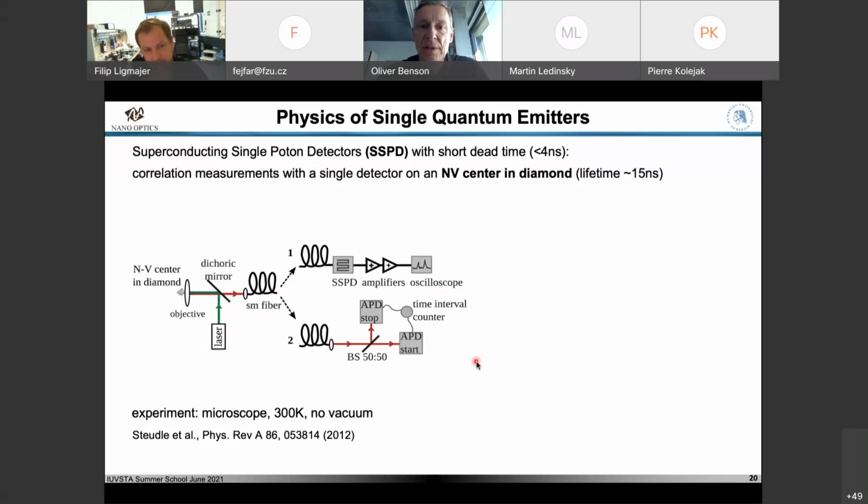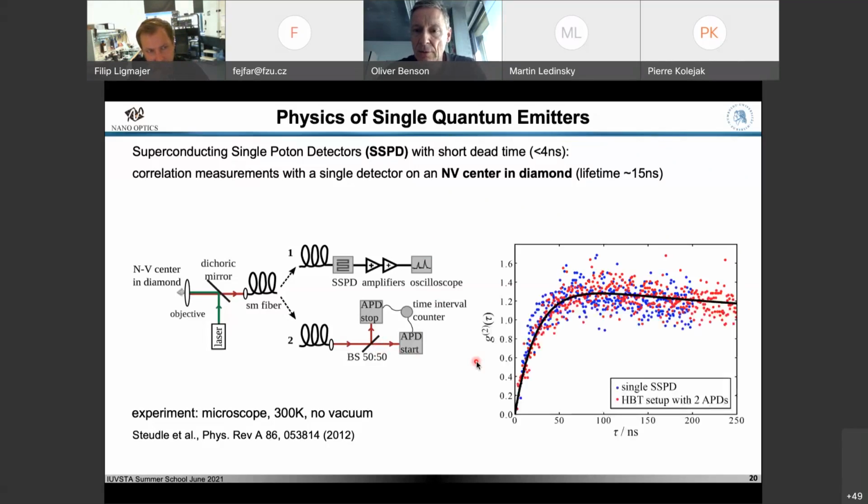And if I plot these outcomes of these two different correlation measurements in one plot, that's the next result here. So you see the red curve is measurements of this correlation with the Hanbury Brown and Twiss correlator. The blue one is the same correlation function calculated from a single detector only, and you see it's exactly the same. It's exactly the same curve. And so this means the simplest experiment is just a single quantum emitter and a single detector. That's all you need to prove the non-classicality of this kind of light.